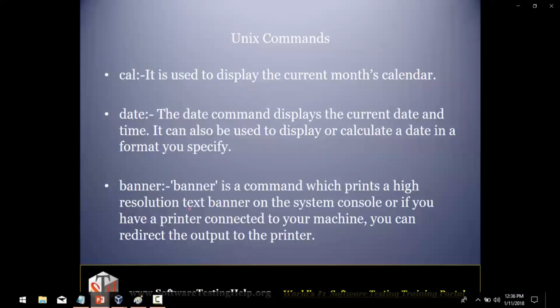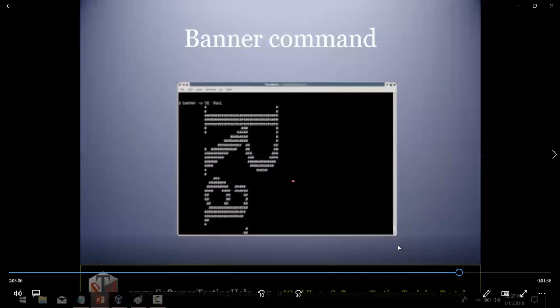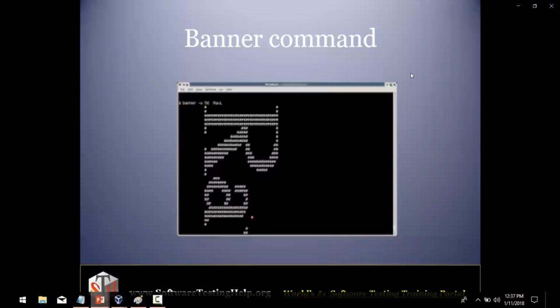And then the next command I was talking about was the banner command. Banner command is used to print a high resolution text banner. As I said, we can also redirect the output to the printer. How to redirect the output will be seen in another session, which will be talking about redirections. Here we have just shown a banner command because many of the Unix flavors nowadays are not supporting it. So you may not be able to work with banner if your flavor is not supporting it. You can see how it displays the high resolution banner as I have shown in this particular image. Okay. Now the next